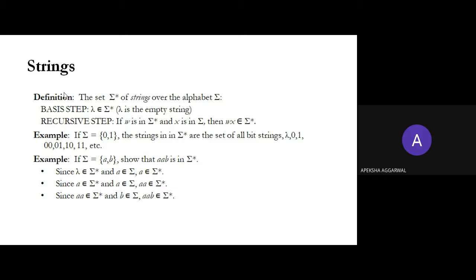Now what is an alphabet? Suppose our language is English. So what is the alphabet? A to Z, right? Lowercase and uppercase. So my alphabet for the English language is the set A to Z, lowercase and uppercase both. So sigma is equal to A, B, C, D up to Z. So the alphabet is basically all those elements from which my language is formed.